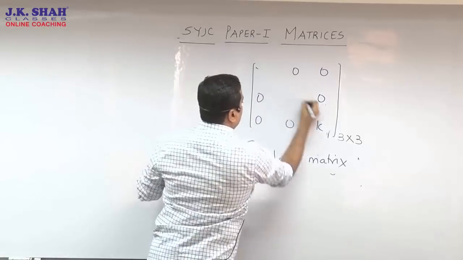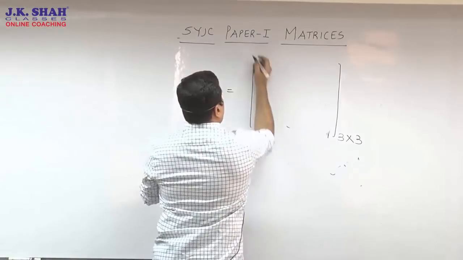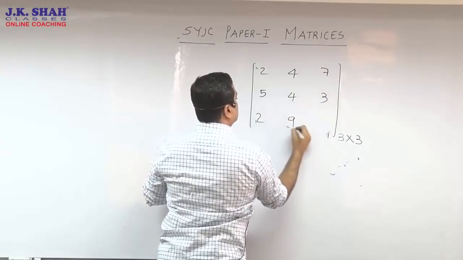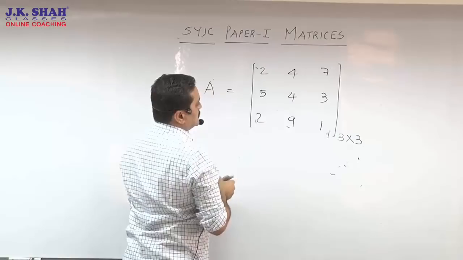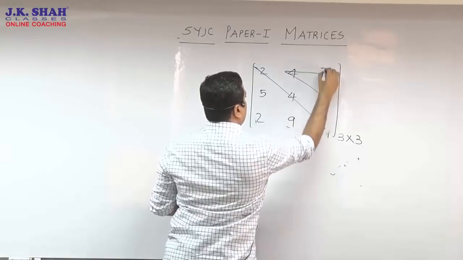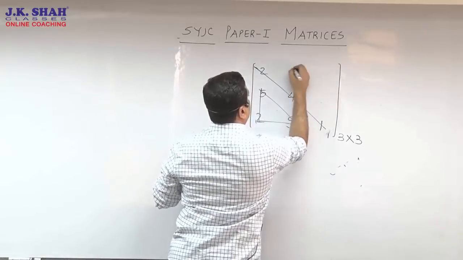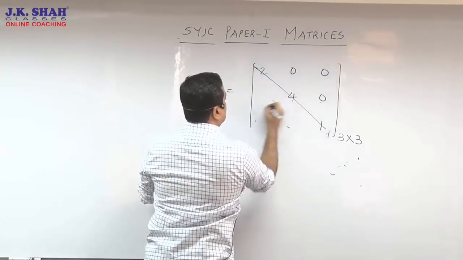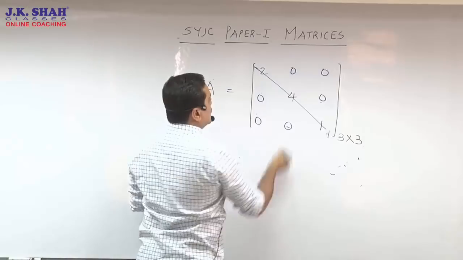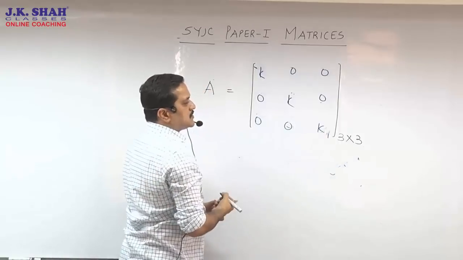Once again, a quick brush through. Let me finish off by drawing the original matrix A. It's a square matrix. Elements falling on the diagonal are called diagonal elements. Those are the non-diagonal elements, specifically upper triangle and lower triangle elements. If they become 0, then the matrix is called what? The matrix is called a diagonal matrix because it only contains the diagonal. If all the diagonal elements are equal, k, k, k, we say it's a scalar matrix.